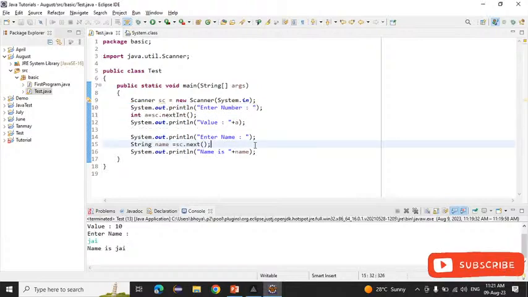This is all about the Scanner class. We learned many concepts today: the types of variables, identifiers, literals, and the Scanner class. This is more for today, right? Okay. So now